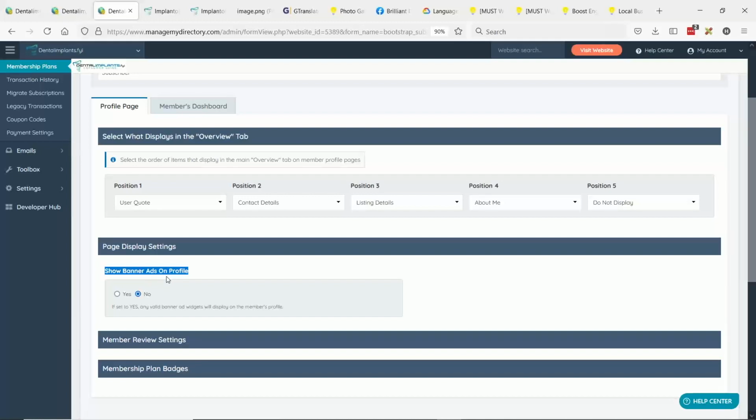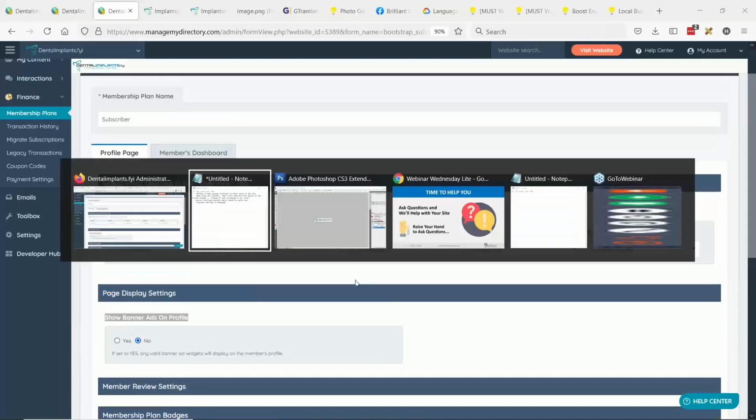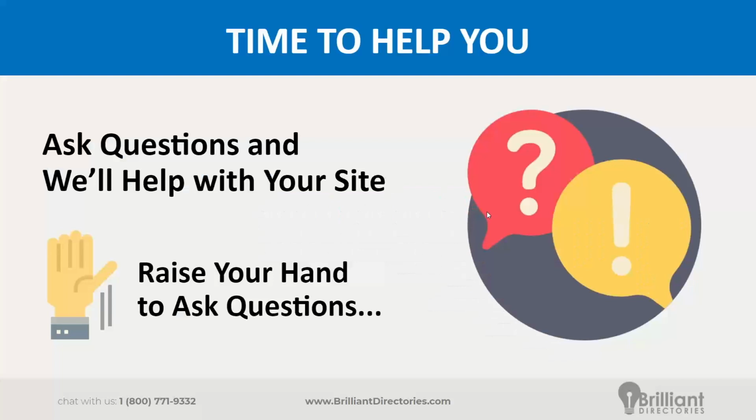So I understand the logic. Higher tiered plans, you may not want to show ads on those profile pages. Correct. It would become sort of part of the value proposition. Exactly. So I hope that helps a bit for you. Thank you so much. You went through at warp speed, so I look forward to watching the replay of the video. Okay. Just go to edit the page and the page options there for the test. Awesome. Thank you so much. You're welcome. All right, good question there.